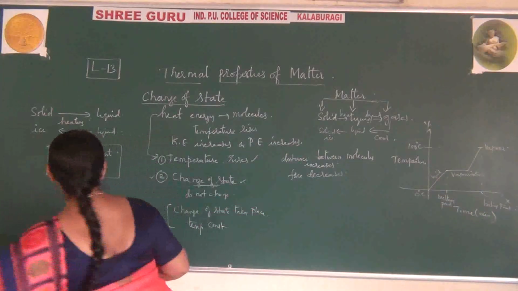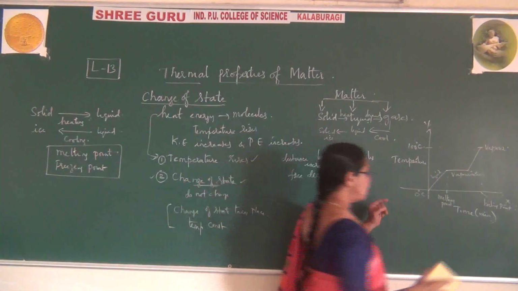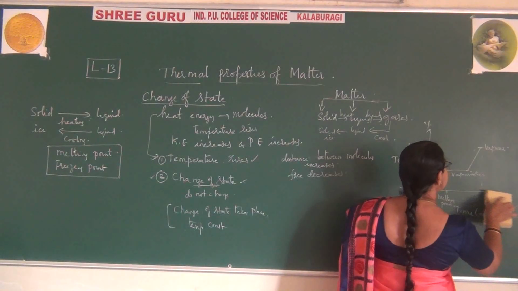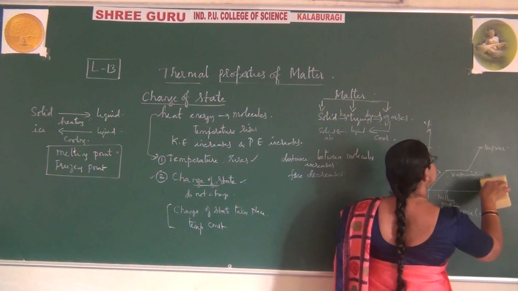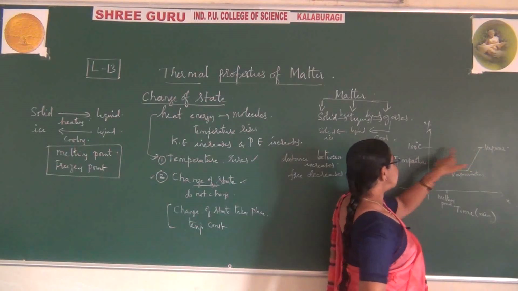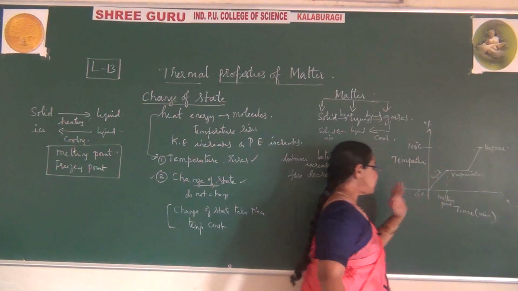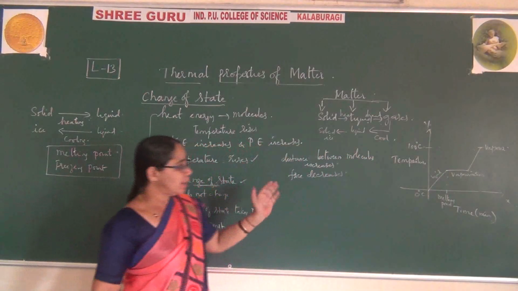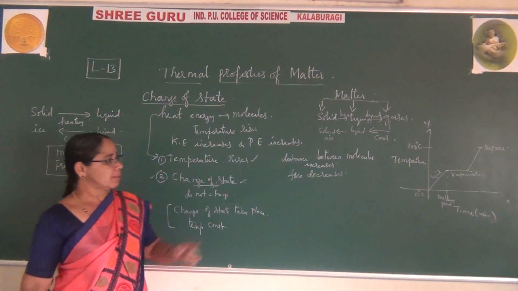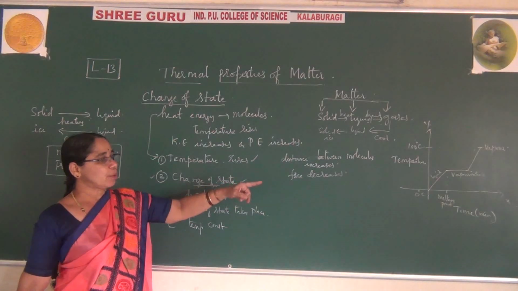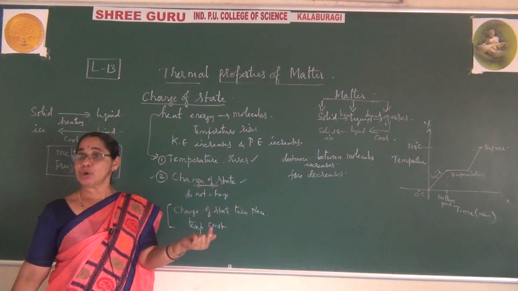So please observe temperature versus time. You can observe here in this case, when it reaches this position, it has reached 100 degrees centigrade. It has become vapor. So this is the process you observe under temperature versus time. You can observe how the melting point of ice changes it completely to liquid.